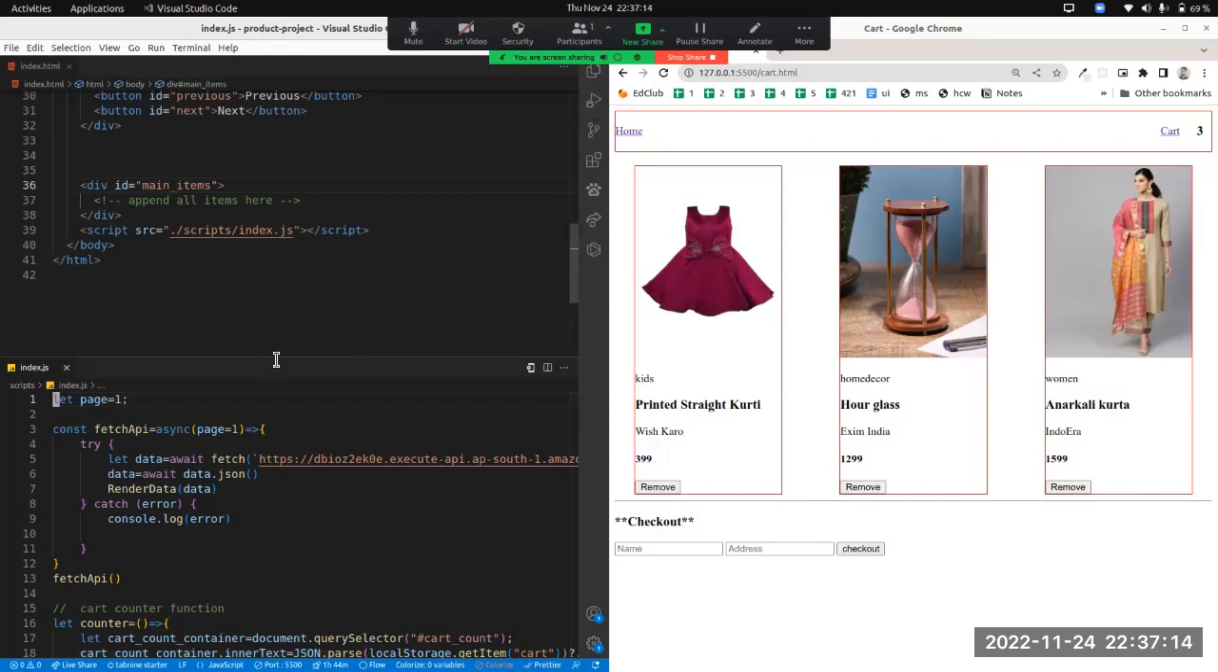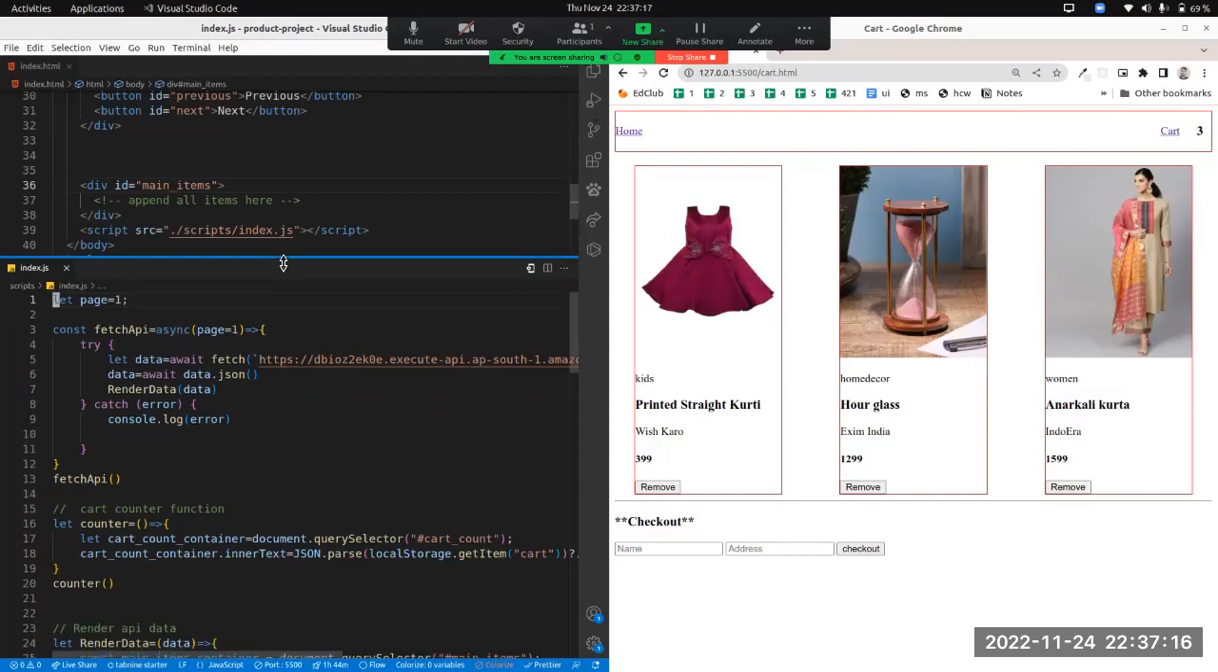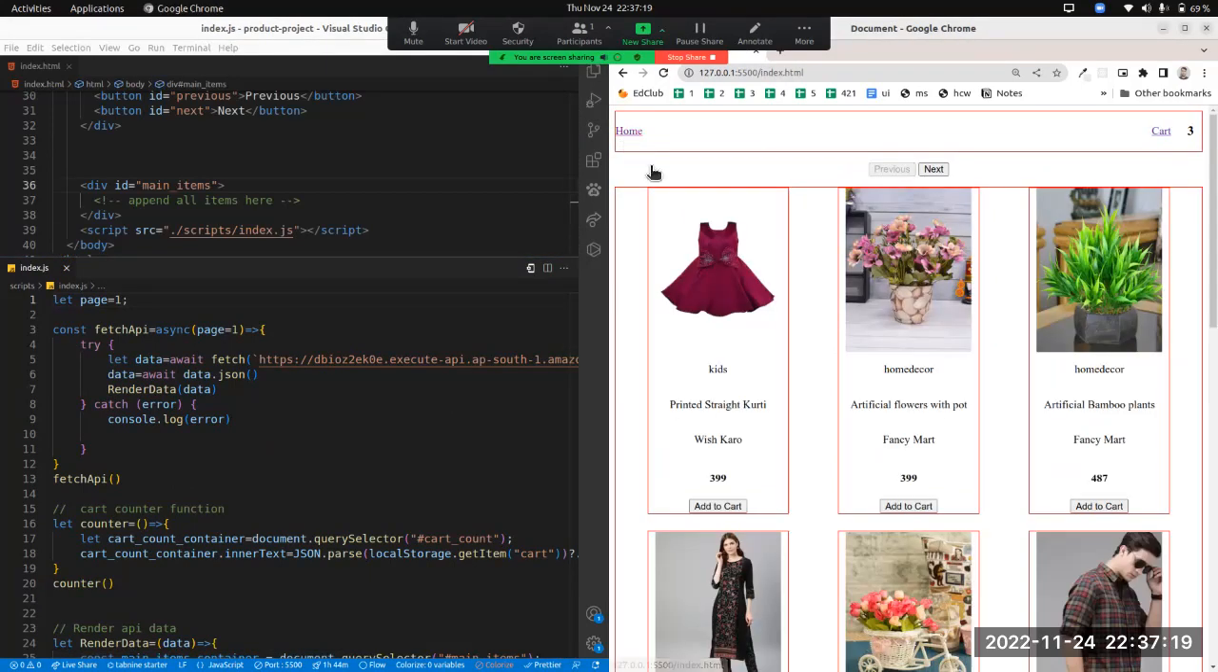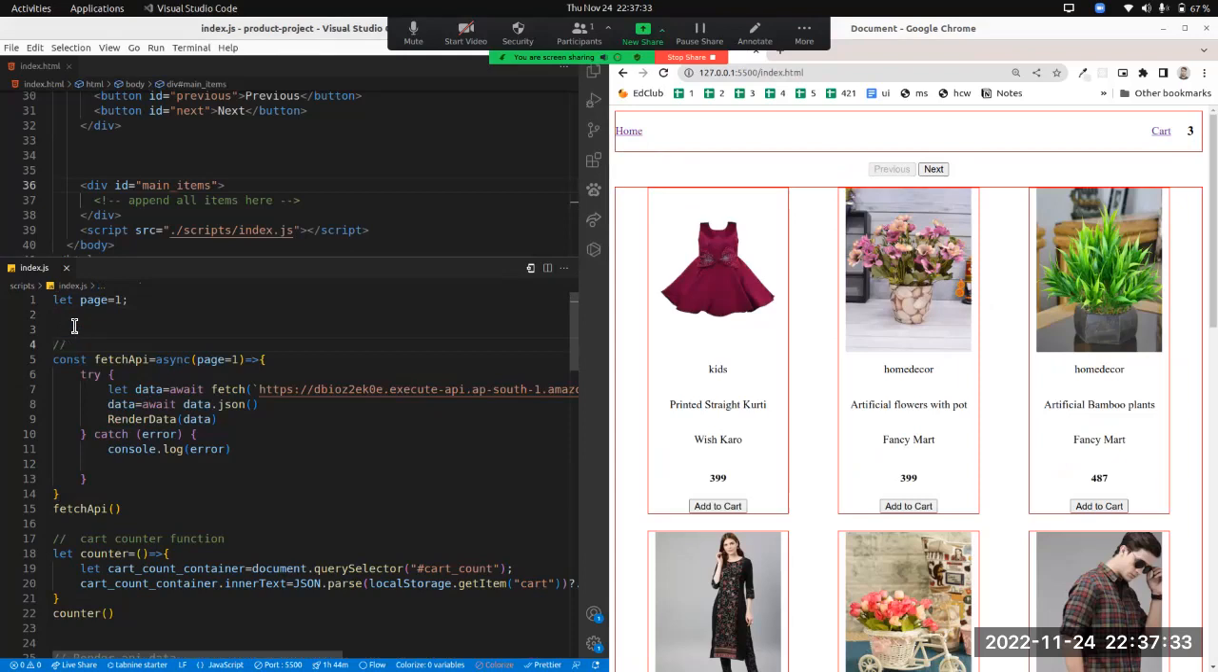So the next thing that I want to explain is the homepage. We are on the homepage now. The first thing I will explain is how I am fetching the data from the API. Let me write: getting the data from our API. If you don't know what an API is, we can say that